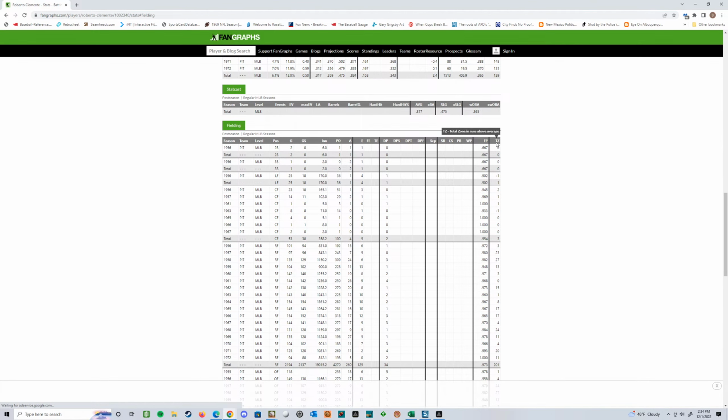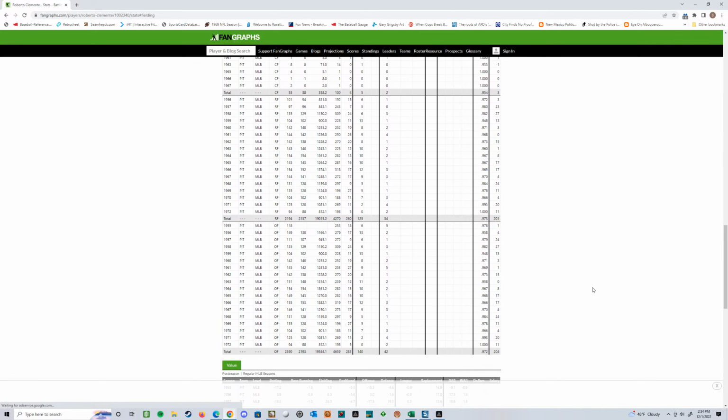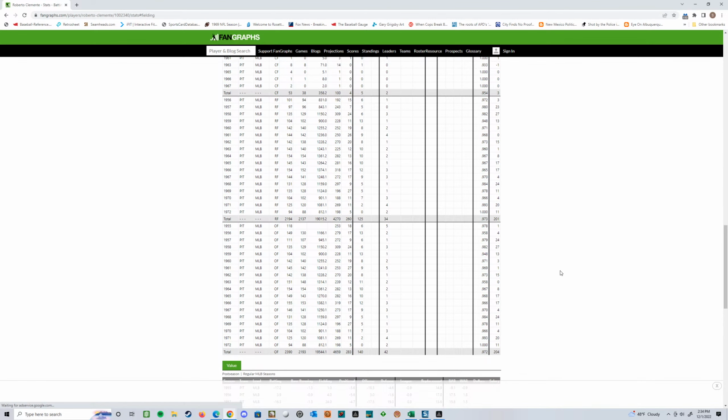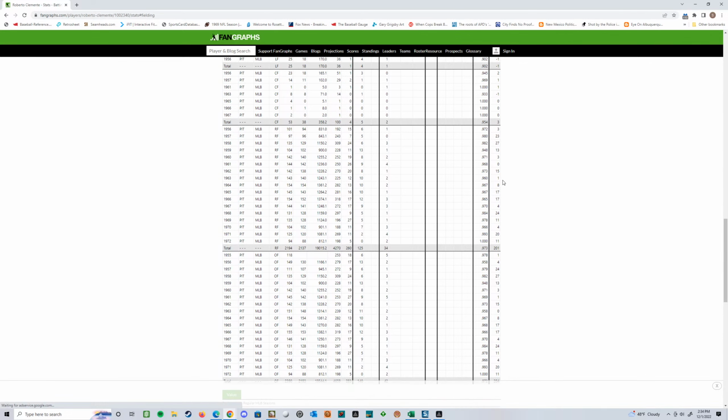So this is a great number to look at. Look at his runs above average total zone right here, which is a great rating for some of these older seasons before they started really breaking down, being able to track every position the ball was hit to like they do in modern times, right? But look at the numbers on here. I mean, these are large, always in the positive and some really big seasons here. You can tell that there's an average season in '63, but nothing that's just outstanding.